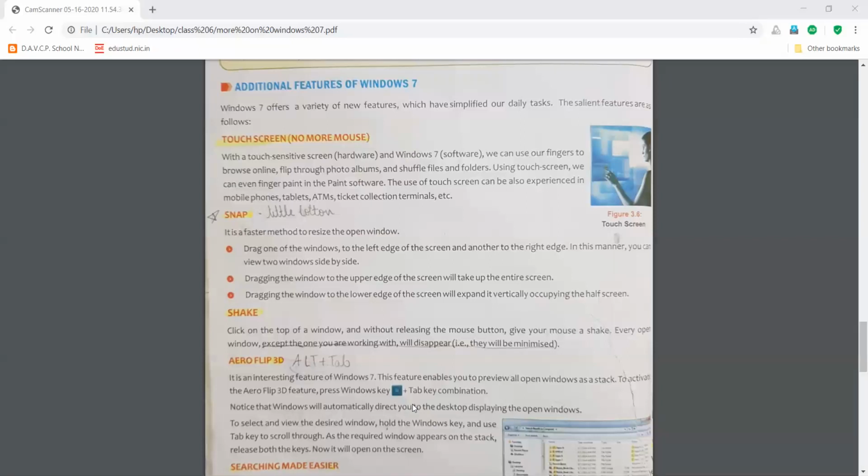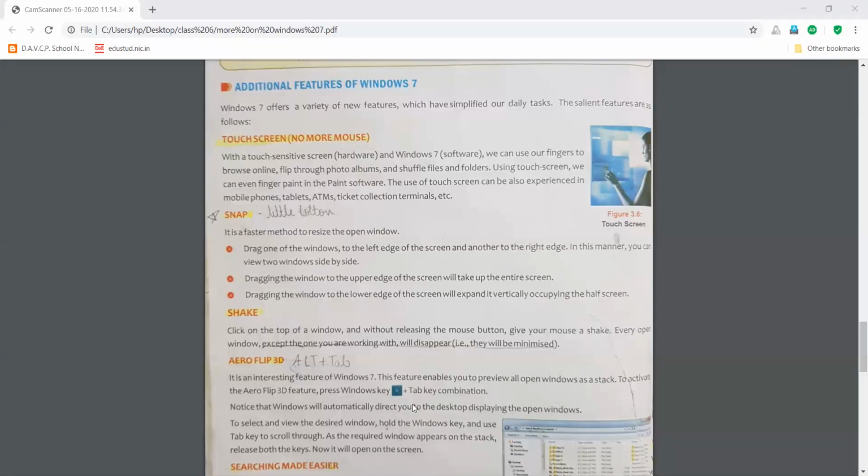Third is shake. Beta, suppose you are working with so many application windows right now and you want all of them to minimize other than the one which is currently being used by you. Then click on the top of the window, that means your title bar, okay, and without releasing the mouse button, give your mouse a shake, like 2-3 times, moving your mouse left and right.